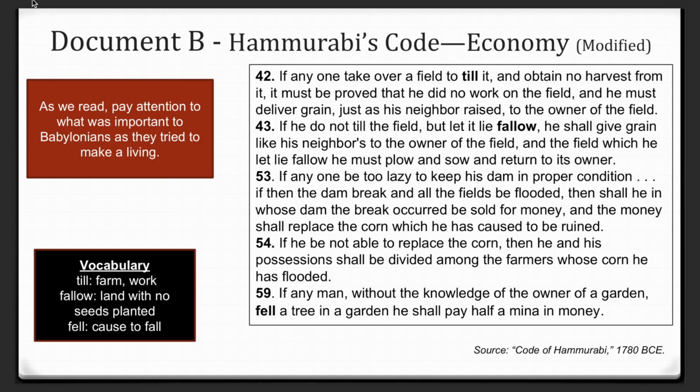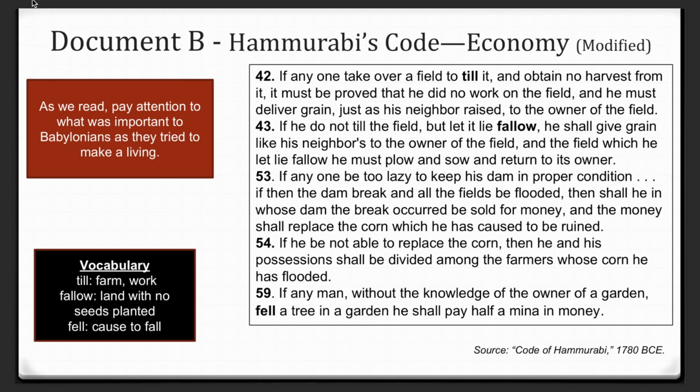42. If anyone take over a field to till it, and obtain no harvest from it, it must be proved that he did no work on the field, and he must deliver grain, just as his neighbor raised, to the owner of the field. 43. If he do not till the field, but let it lie fallow, he shall give grain like his neighbors to the owner of the field, and the field which he let lie fallow he must plow and sow and return